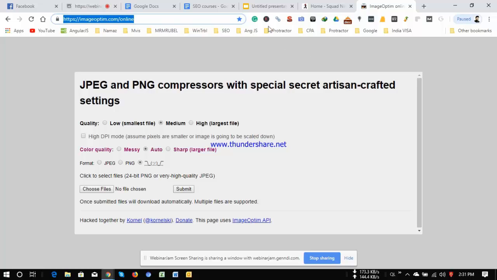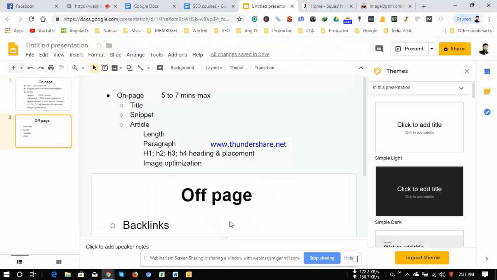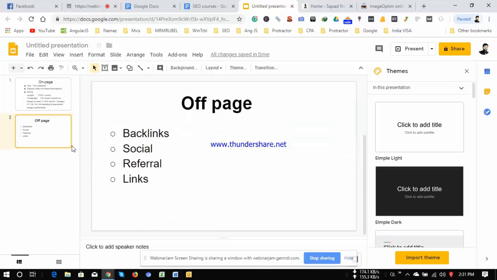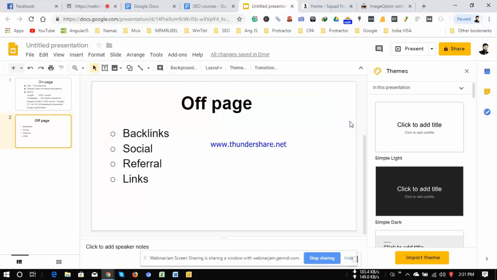Great. And another thing is off-page optimization. Yes, this is our next slide. Off-page optimization was once totally dependent on backlinks. Once upon a time there was a belief that the more backlinks you have, the higher your website will rank. But nowadays backlinks work only if they are quality backlinks, sir.